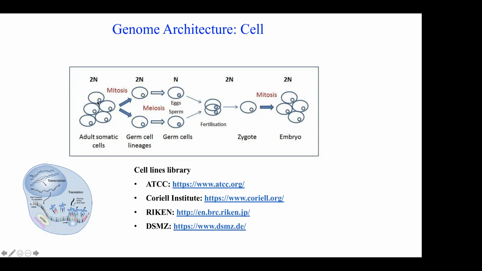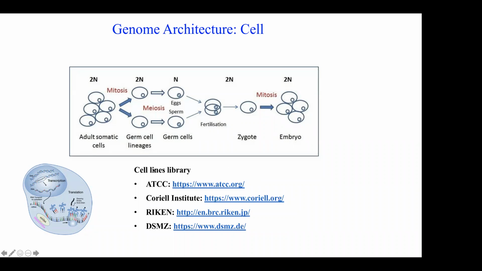The adult somatic cells have a 2n genomic size. Then when it forms the germ cells, it becomes n number. When they fertilize, again it becomes 2n. Then the zygote forms, the embryo forms, then again it becomes somatic cells. At the time of fertilization, the mitochondria is from the mother because the sperm cells don't have any mitochondria. So the mitochondria is always inherited from the mother.